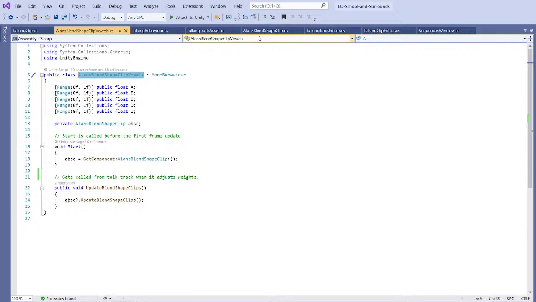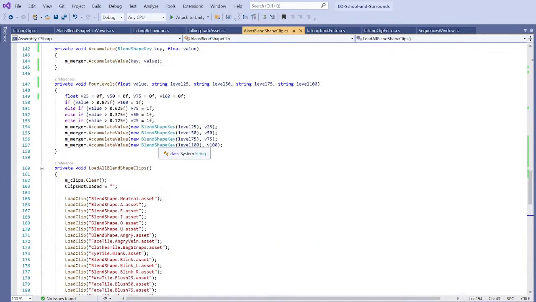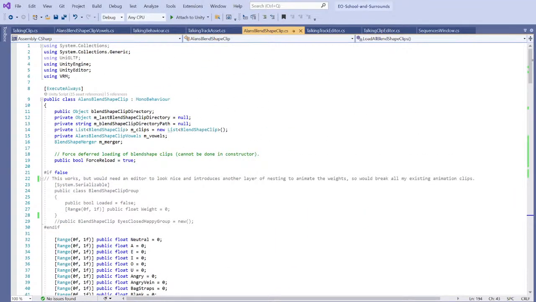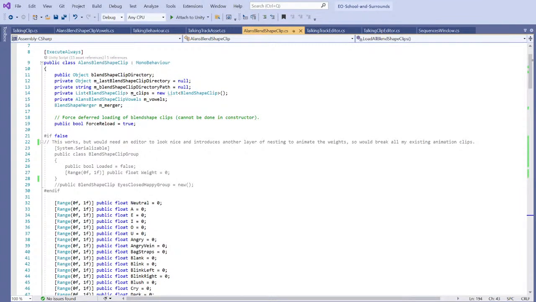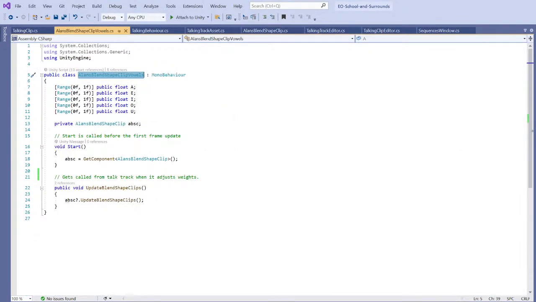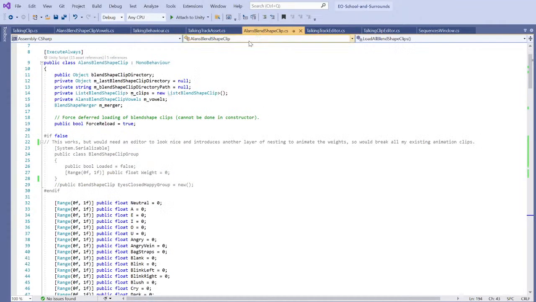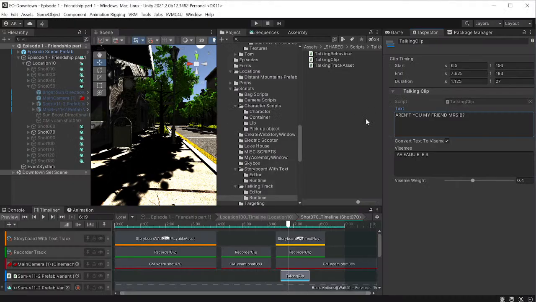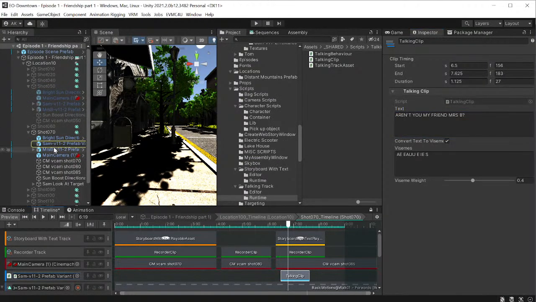I have what's called a blend shape script which controls all the blend shapes. I just found it easier by having one for the vowels for the talk to combine, that this other one goes off looking for the vowels one and merges it in. The animation takes over properties of a component, and so you can't have two things controlling the same set of properties. So if I come over to a character, like Sam,